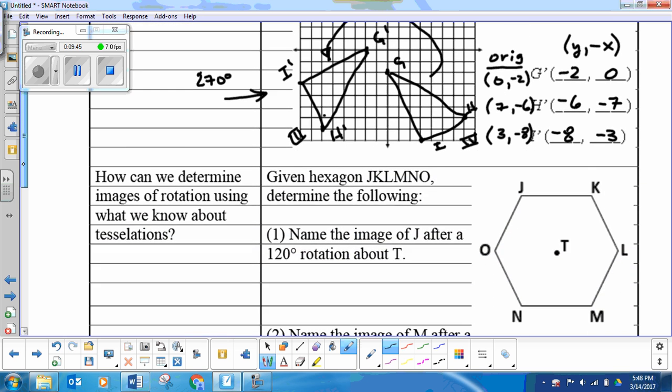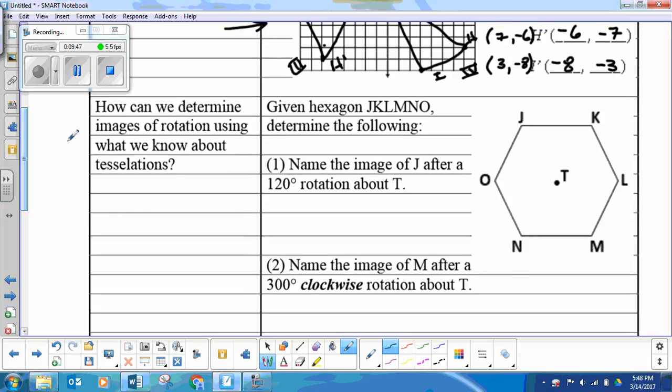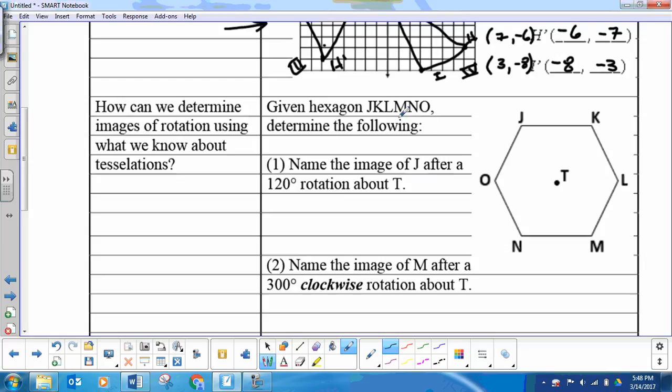All right, so next question. How can we determine images of rotation using what we know about tessellation? So we've got a hexagon here, JKLMNO. We're trying to do some rotation information of original images after certain rotations. We have enough information to do what we need to do, but let's go ahead and break